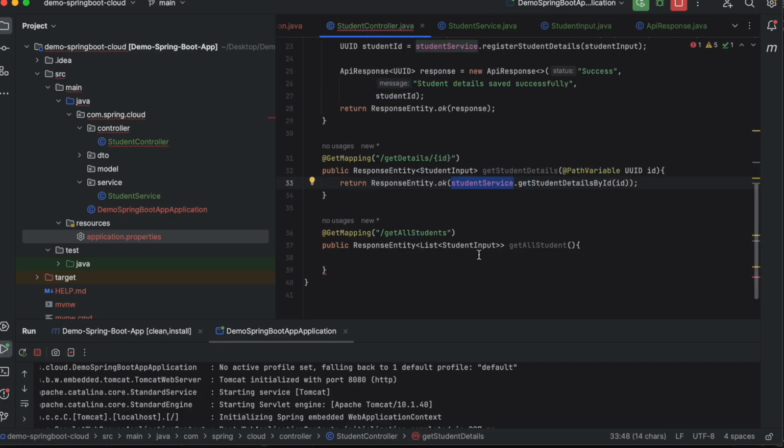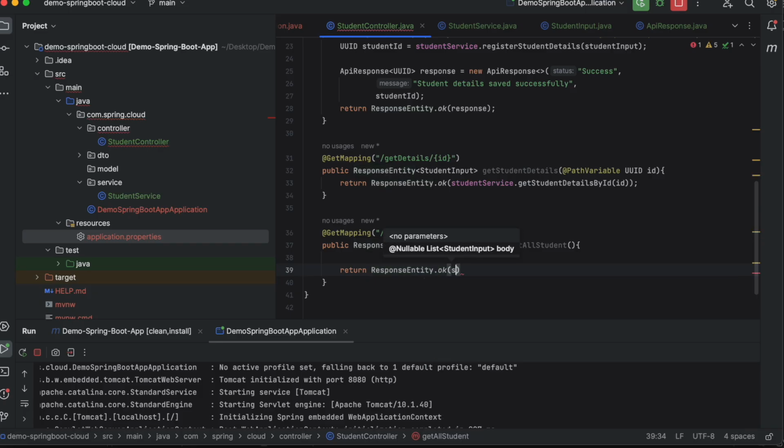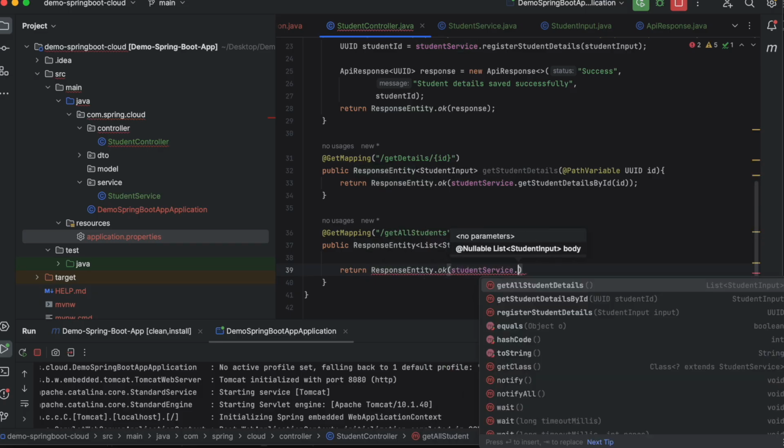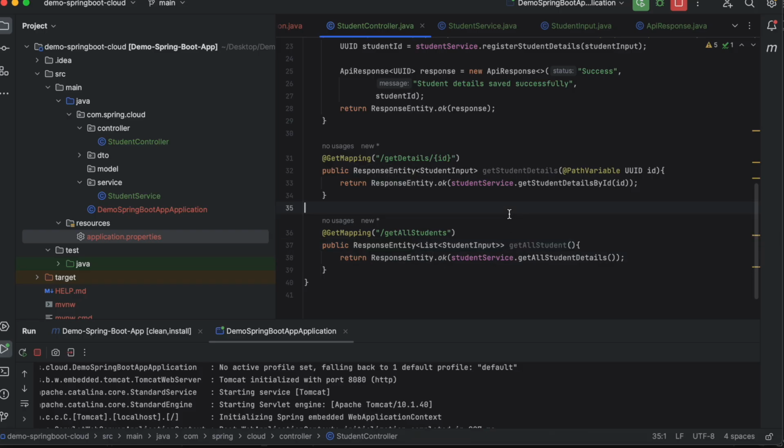Now when we call the controller, simply here we can say return response entity dot ok, and then student service dot get all students. So now this is also ready. Now let's test this as well.